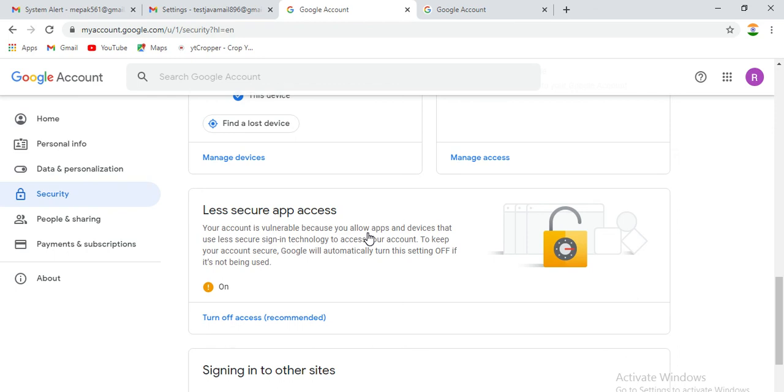You must turn it on so that your Java application, which is not a Google application, can log in. So this is the thing.